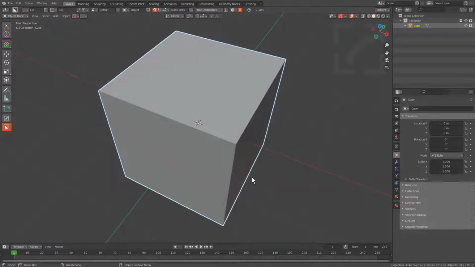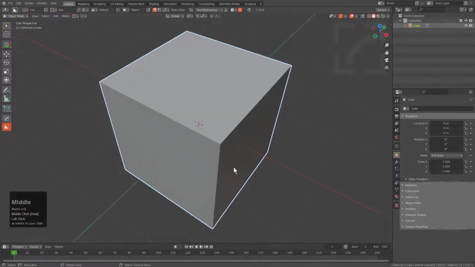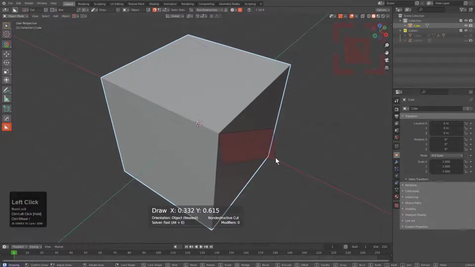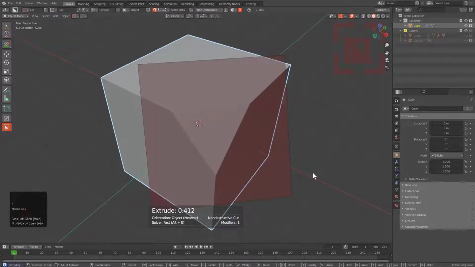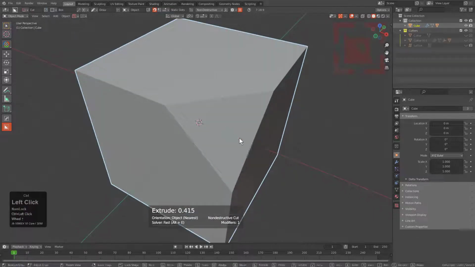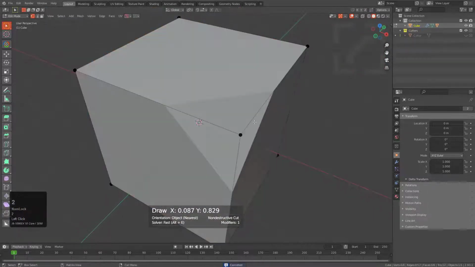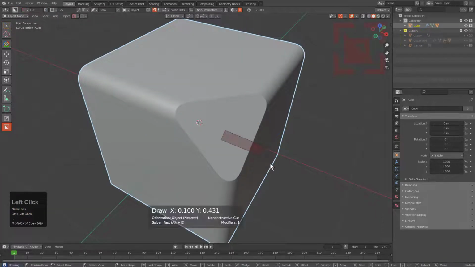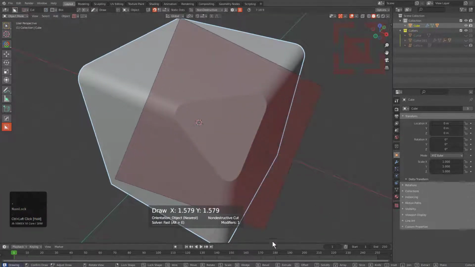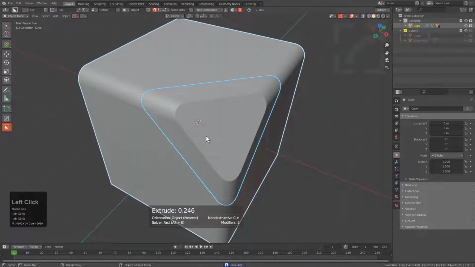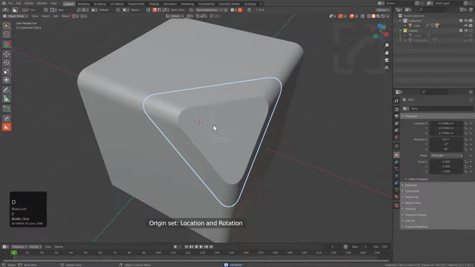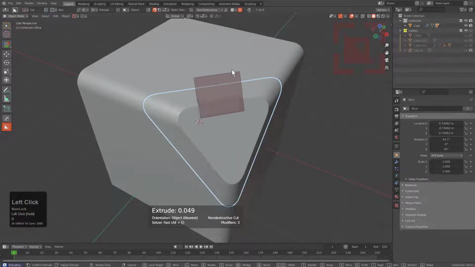And to give some context as to what preserving the initial orientation origin means in terms of Radial Array now, is that if we were to just begin cutting on this box using static grid, I'm just going to cut out a corner, and from here actually take this in edit mode, just bevel these three edges, and then from here just jump off this center point, press period, and we'll just take this entire area off. We'll use set origin to specify our origin as being of this area,